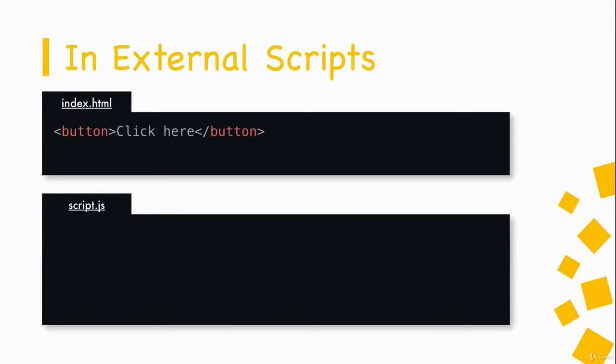Inside HTML, we again put our HTML code. In this case, the HTML code is simply the button element. So we have a button tag that says click here. And then we have the script tag. But instead of inputting the JavaScript directly within the script tag, we have a source attribute. And this source attribute points to the JavaScript file's name. In this case, the JavaScript file is named script.js, so we refer to that file inside the script tag in the source attribute. We type in src equals script.js, and this links the script.js file with the HTML